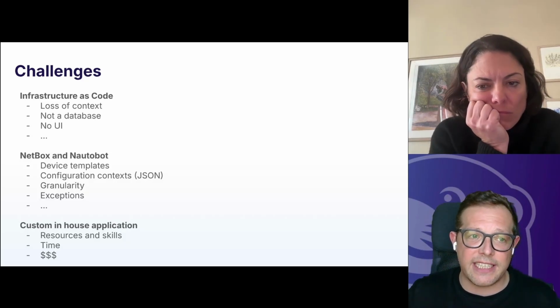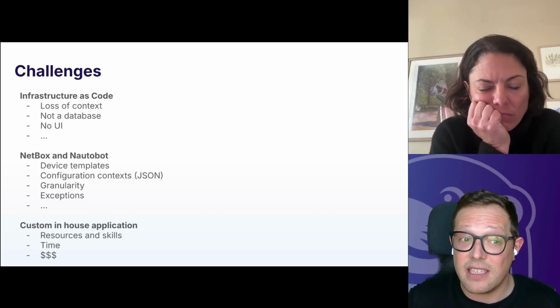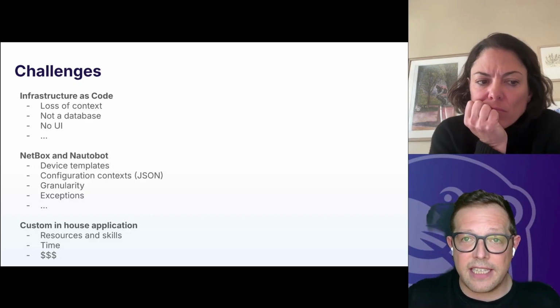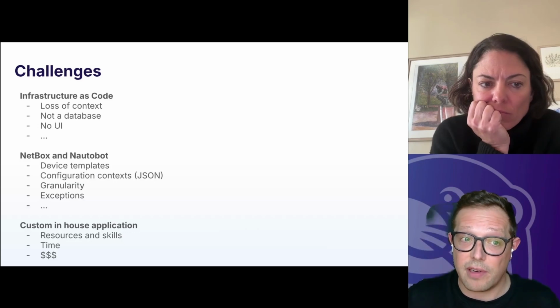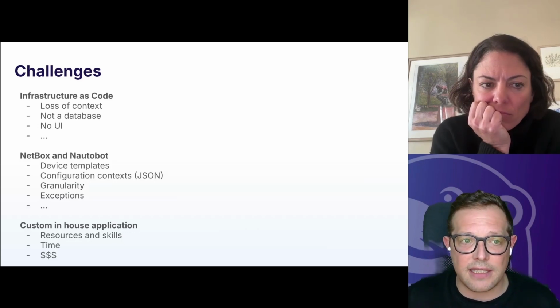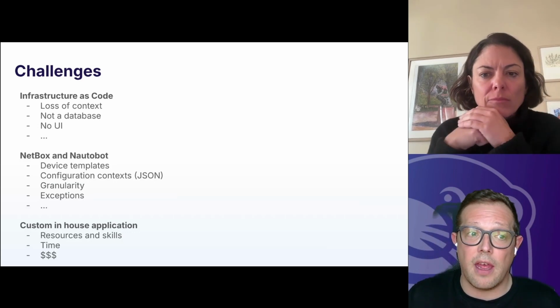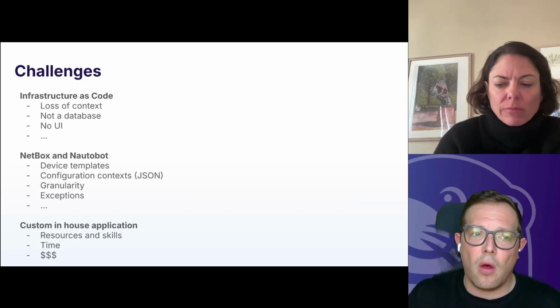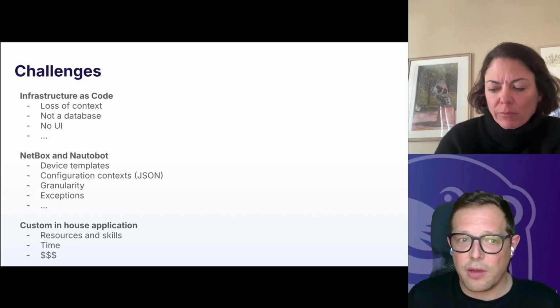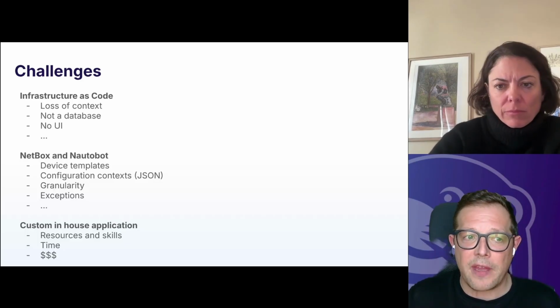The reason for that is that Git is not a database, meaning that there is no way to track which standards have been applied to which pieces of IT infrastructure as they evolve over time, where it's very hard to determine why a certain configuration setting on a piece of infrastructure was set. On top of